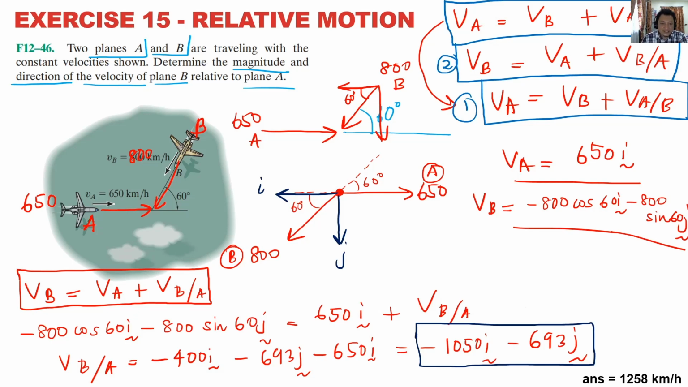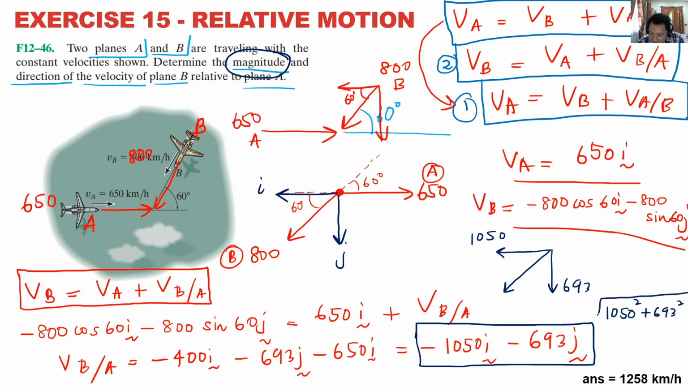Okay, final answer. But this is not the magnitude. How do we get the magnitude? Okay, draw this one. To the left 1050, the left is a bit longer. Down 693. This is the magnitude. Magnitude is how much? We add 1050 squared plus 693 squared, square root. That gives 1258